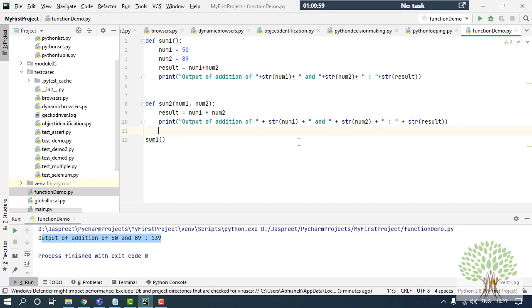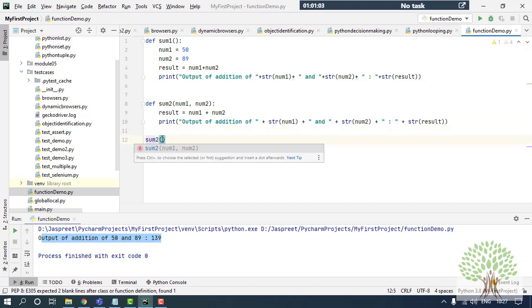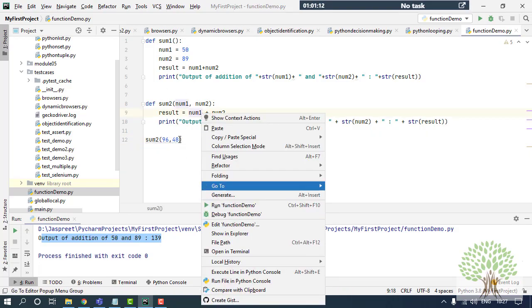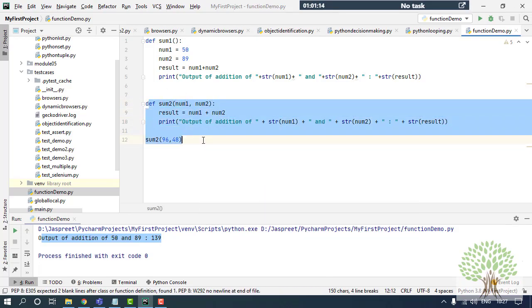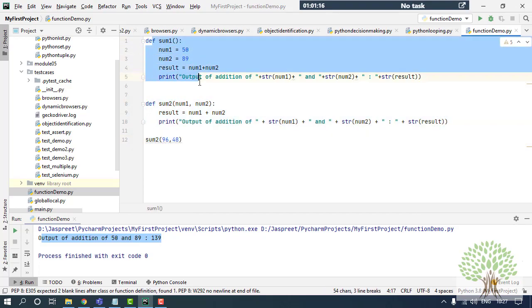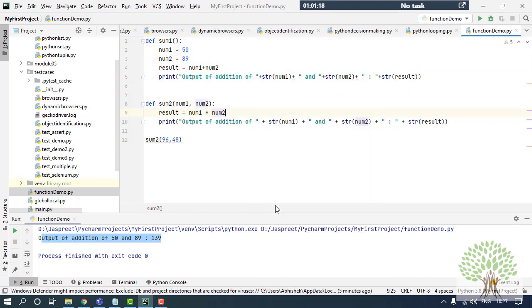Now if I call this sum2 function as well, this time I have to pass the parameters. It could be anything, let's say 96 and 48. So I save this and I run this. This time only my sum2 is going to give me the output because I'm not calling my sum1. So over here this is the output that I get for my sum2. This is another way I can make the function, by passing the parameters.